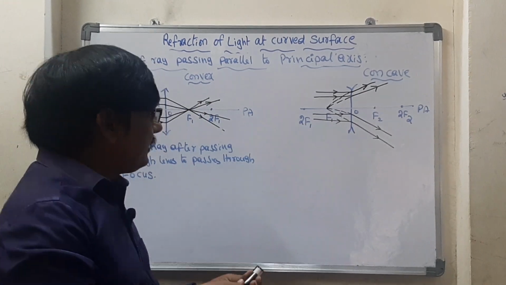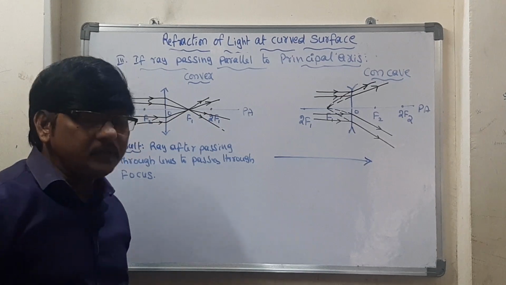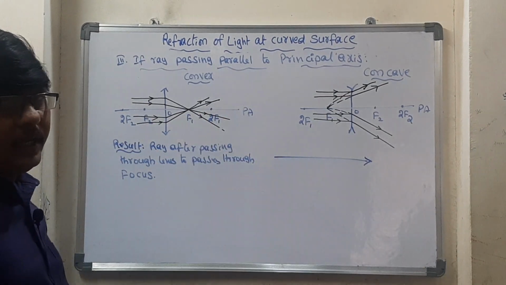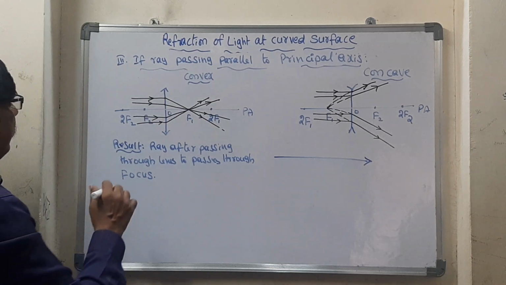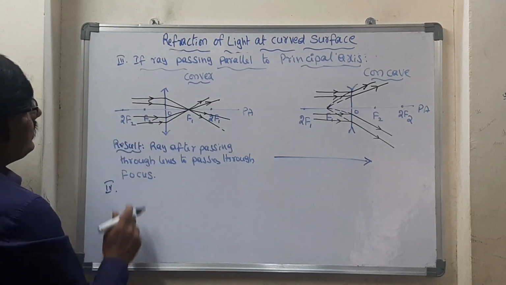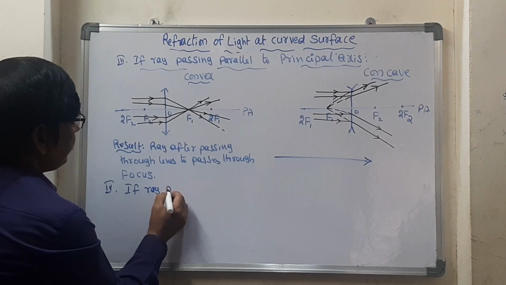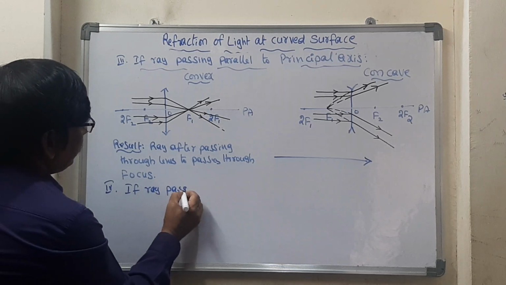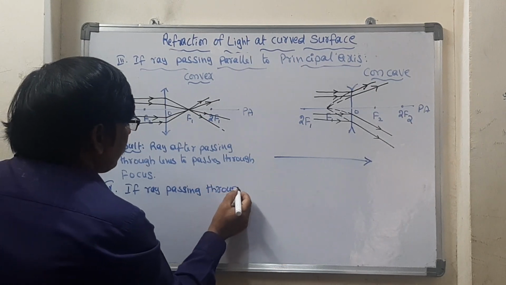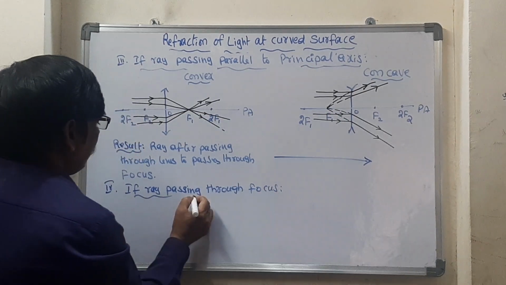So what can we take? The same answer we can take even for this one also. Got it? And however it is, the same we can take even for that one also. And here, now the fourth case, let us take the opposite of this case. That opposite case is if the ray is passing through focus. Now let us see how it will be.